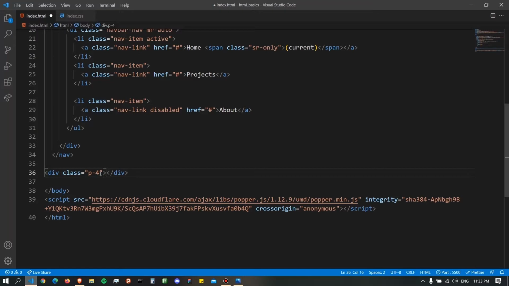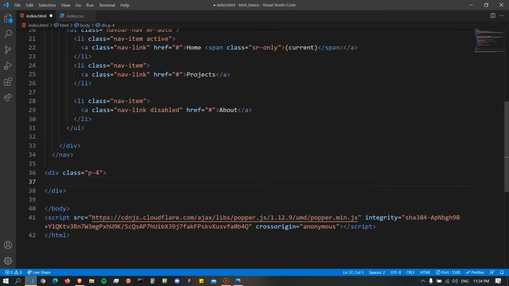A rem is a standardized unit, and 1 rem equals 16 pixels. So P-4 means padding of 4 rems on all sides, top, left, bottom and right. So we'll do that, and then